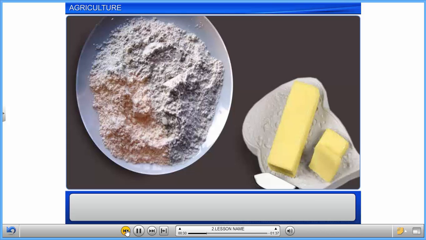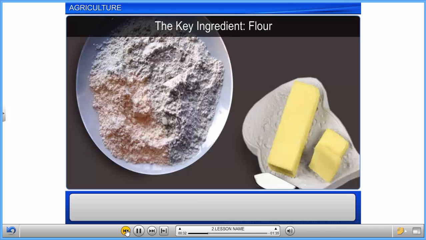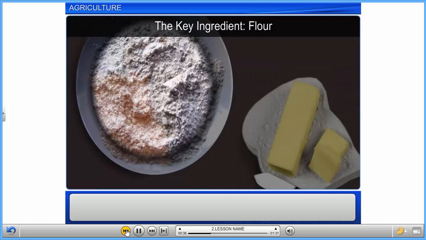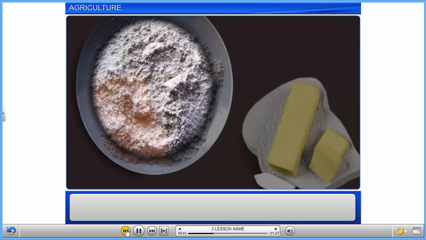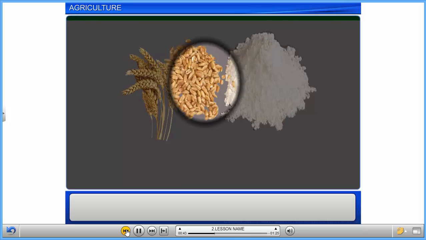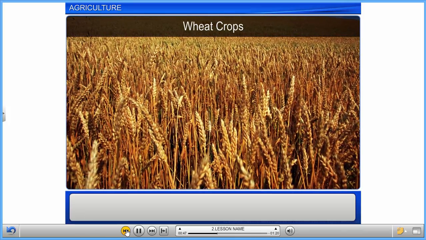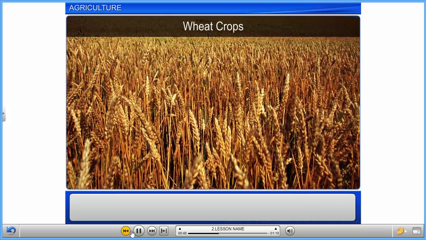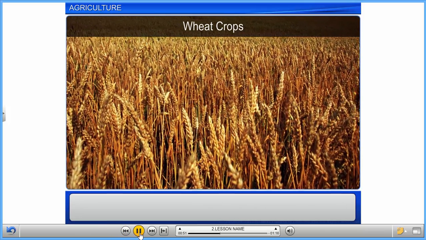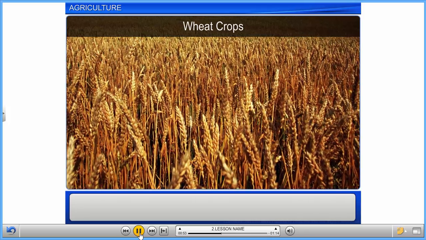However, the key ingredient in all types of cookies is flour. And where does flour come from? Flour is made from wheat. And wheat comes from the crops grown by farmers. To grow any crop, such as wheat, a farmer